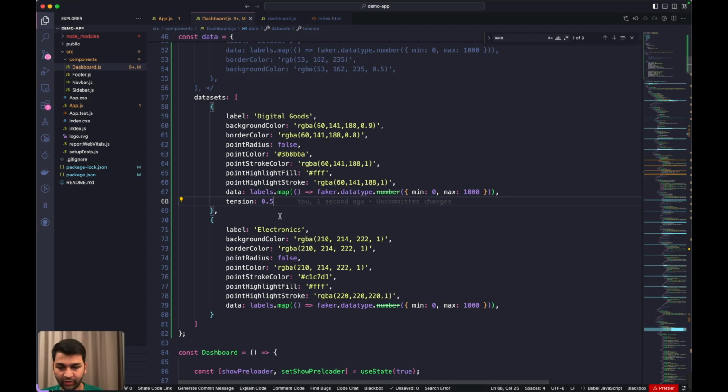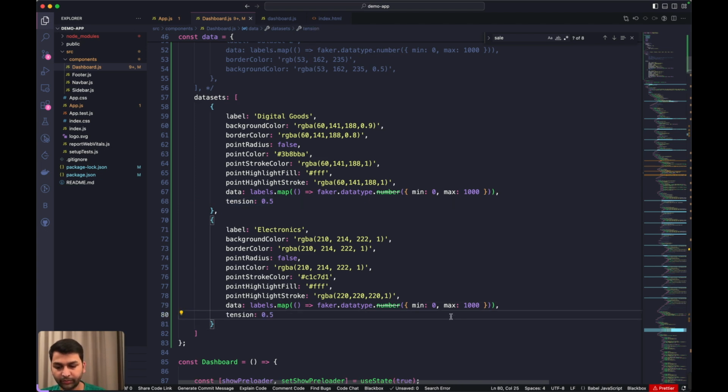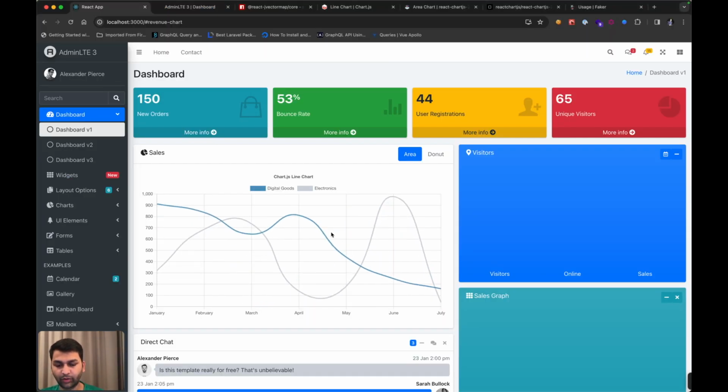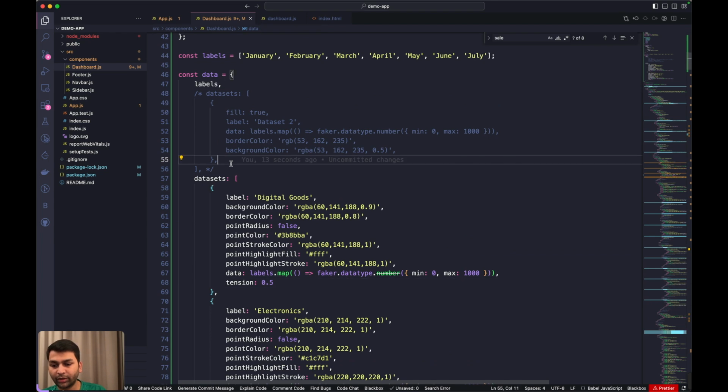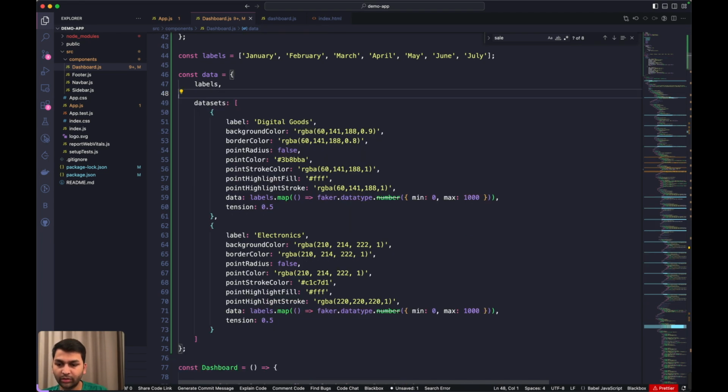So this one has curved. Okay, yeah, looks much better now. And yeah, so for the visitor chart, okay, for doughnut, I'll just get rid of this code,